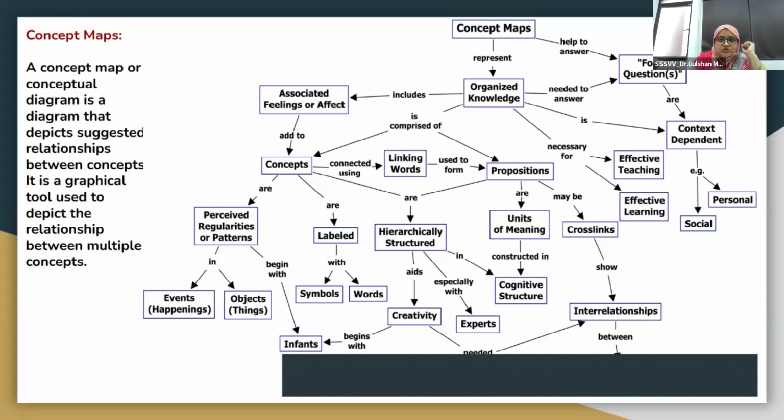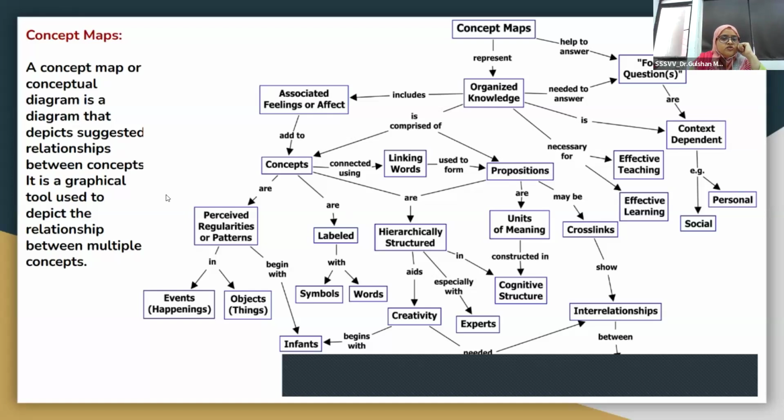Here again, I have shown you a comprehensive concept map. You can see there are many concepts, many sub-concepts, which are further broken into sub-concepts.